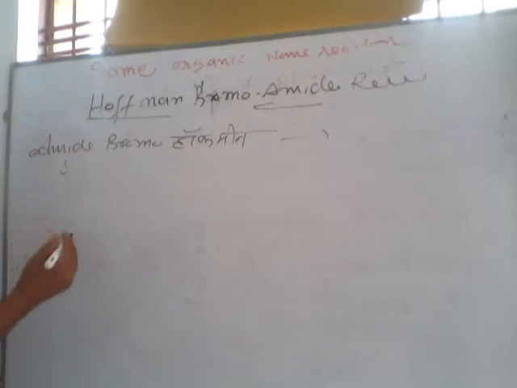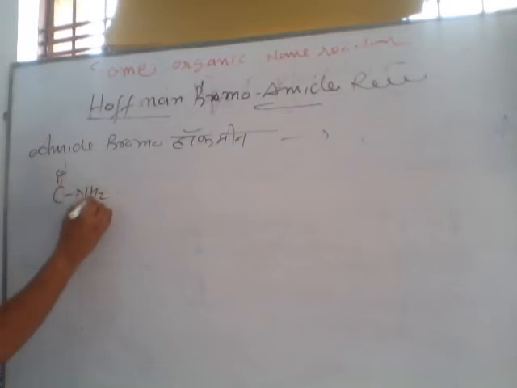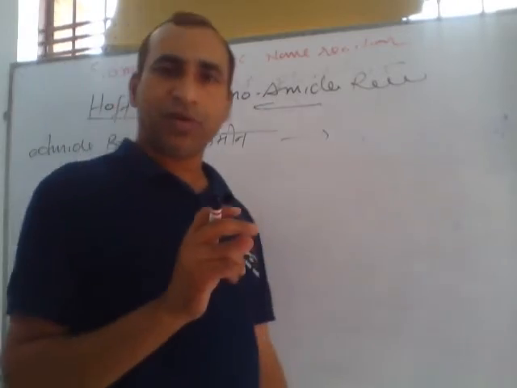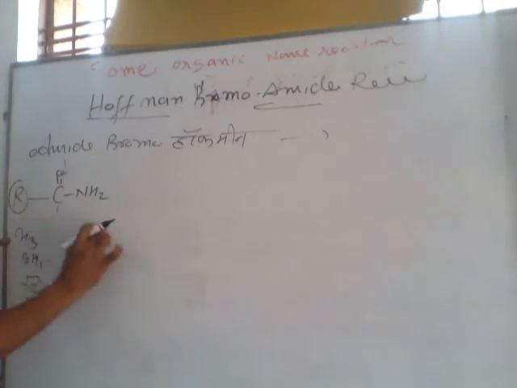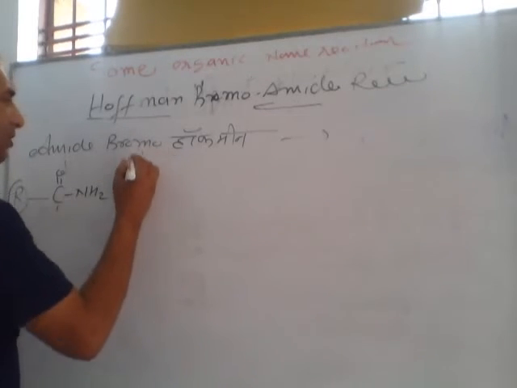Amide. Do you know amides? Amides are those compounds which have this type of functional group, CONH2. If a C double bond with an NH2 group is present in any compound, these compounds are called amides. Here R can be CH3, C2H5, a benzene ring, any of these. If you use CH3, the carbons are 1 and 2. This is called ethanamide. This is called propanamide. This is called benzamide. This is an amide.